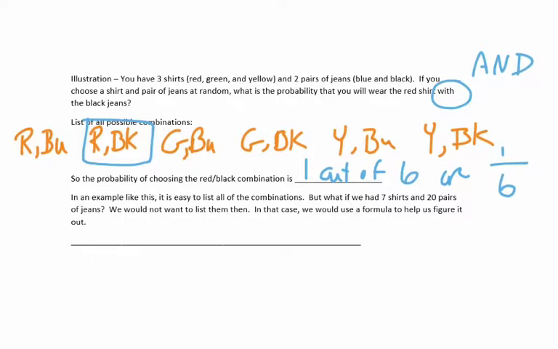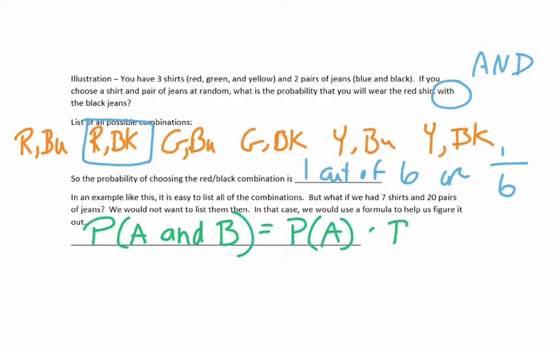I don't know who's got 20 pairs of jeans, not me. But anyway, what if we had 7 shirts and 20 pairs of jeans? We would not want to list them then, because there would just be way too many possible outfits to list. In that case, we would use a formula to help us figure it out. And here's the formula. The probability of A and B is equal to the probability of A times the probability